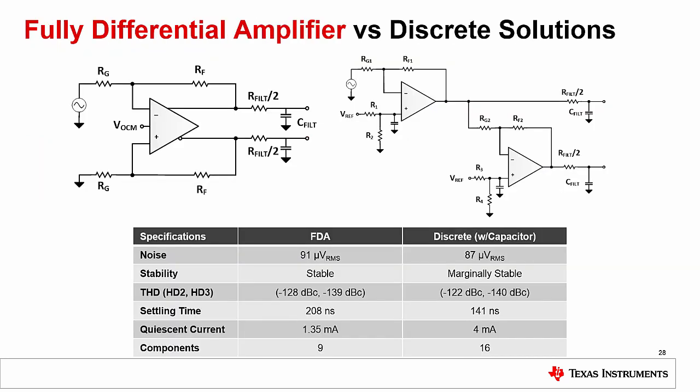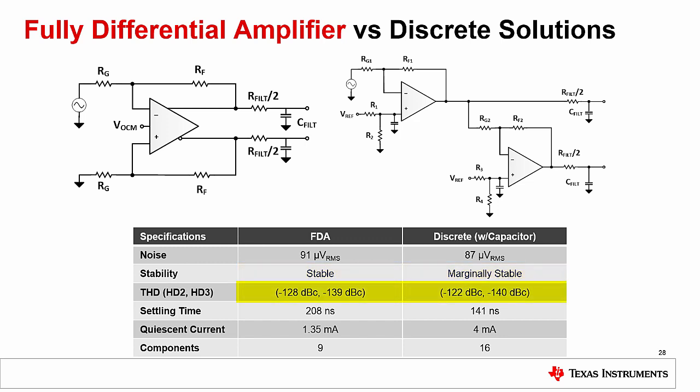In summary, there are two configurations we can utilize to convert a single-ended signal to a differential signal to drive a differential input ADC: 2 discrete amplifiers or 1 fully differential amplifier. In this example, we use the THS4551 and 2 OPA625. For noise, the OPA625 with an added capacitor and the THS4551 produced similar noise levels. The THS4551 proved to be stable, while the OPA625 proved to be marginally stable with the potential to need extra circuit alterations to make it stable.